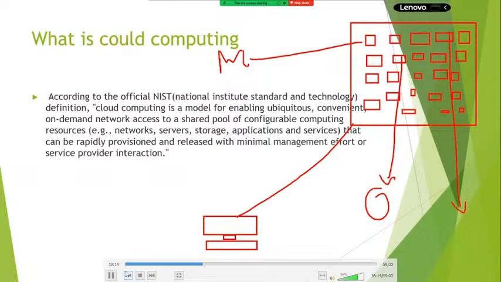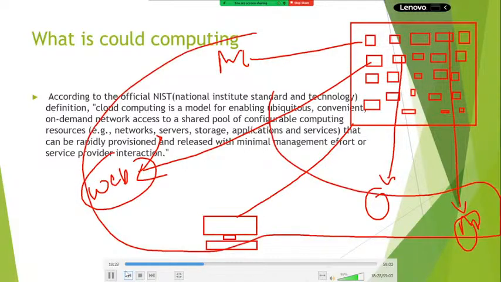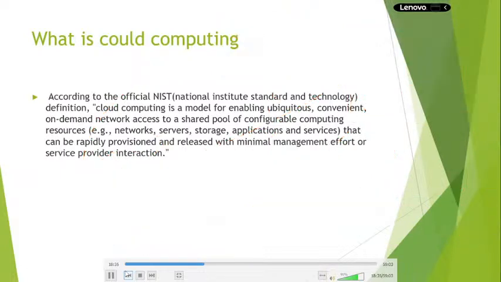Okay, if you need to implement machine learning, yes, implement it. That service is already there. And if you need to access and deploy web apps, yes, access and host them. All these things happen within a span of minutes. Here you need not manage your own infrastructure. You need not worry about disaster recovery. You need not worry about infrastructure configuration information. Everything is managed by, what is that?